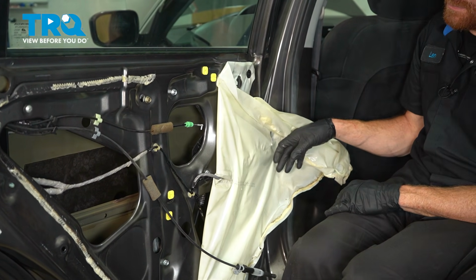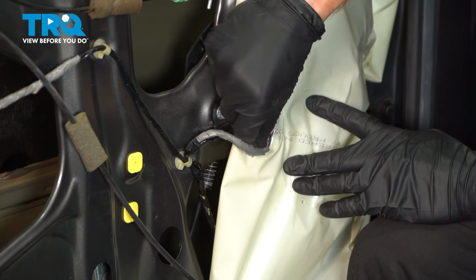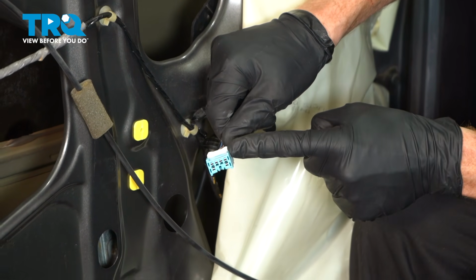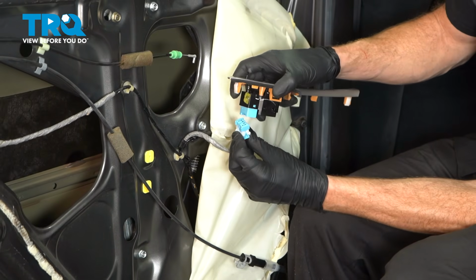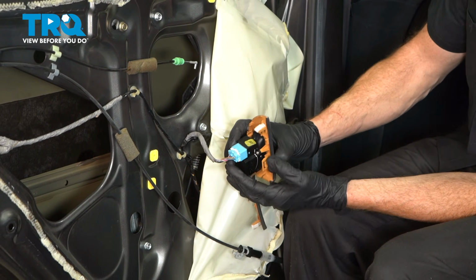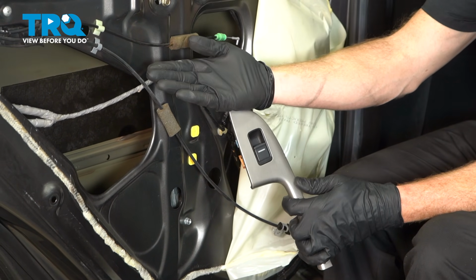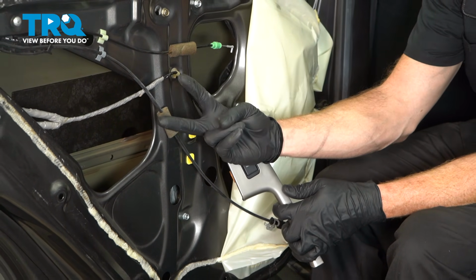We'll set this aside. Let's draw the wiring for the window switch out of the vapor barrier. Reconnect your window switch. At this point, we'll put the key in the on position. We're going to power the window down until we can gain access to our 2 mounting bolts holding the window